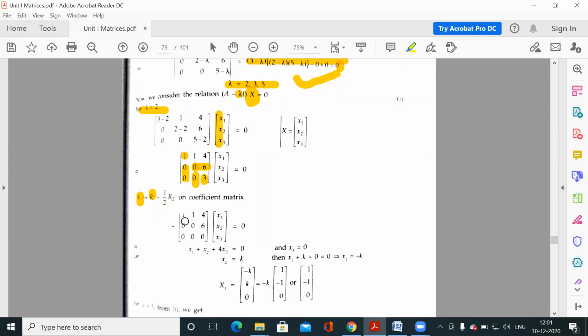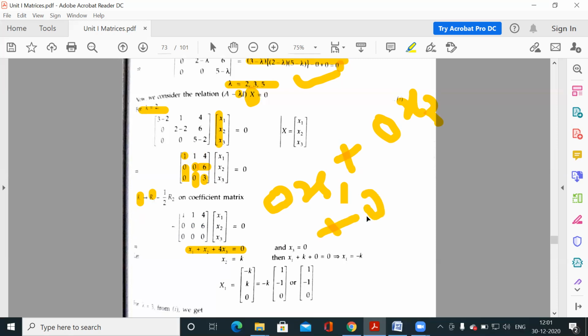So after solving this, what we will get? We will get one equation like x1 plus x2 plus 4x3 is equal to 0. Next equation 0 plus x1, 0 plus x2 plus 6x3 is equal to 0. That means 0 into x1, 0 into x2. So they are independent. Now 6x3 is equal to 0. So for this equation, means 0x1 plus 0x2 plus 0x3. Sorry, 6x3 is equal to 0. So for this equation, you know that x1 may be any real value,